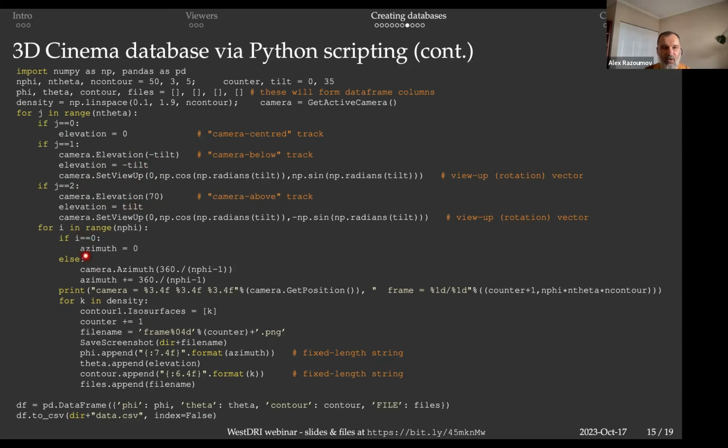And then we have a set of n phi angles, so 50 n phi angles, where azimuth, if I is equal to 0, initial azimuth is 0, and if it's greater than 0, then I rotate my visualization horizontally around the vertical axis by this angle, right? So 360 degrees divided by 49, so that the full visualization will correspond to a full rotation of my object around the vertical axis. So adjust the azimuth variable, and then here finally, through the 3 nested loops,